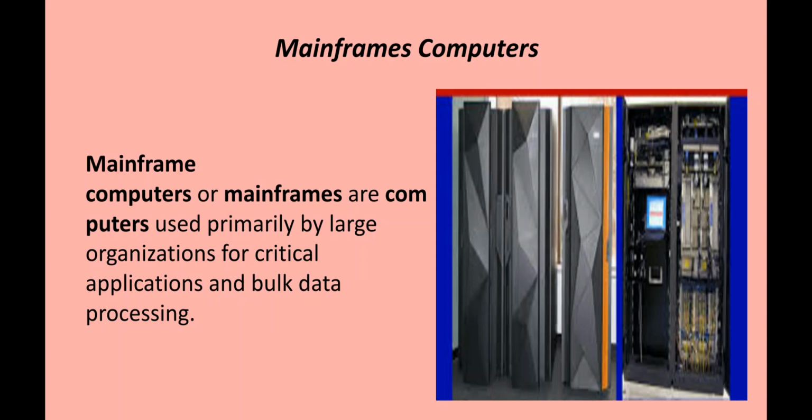Your next one is the mainframe computers. What is a mainframe computer? Mainframe computers are capable of handling and processing very large amounts of data quickly. They are used in large institutions such as your banks, universities, and scientific laboratories, etc. Your IBM Z series system, Z9 and System z10 servers are the best examples of mainframe computers. Because banks, organizations and laboratories need to process a large amount of data.